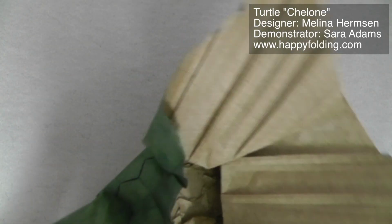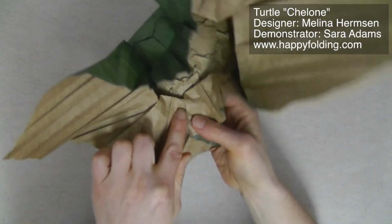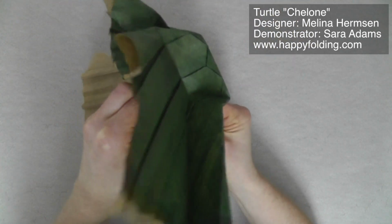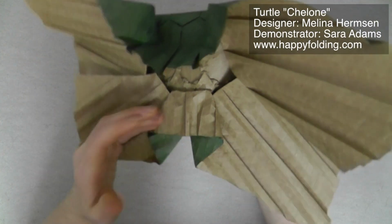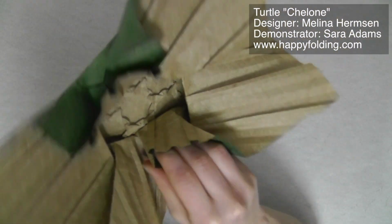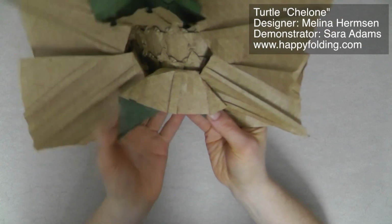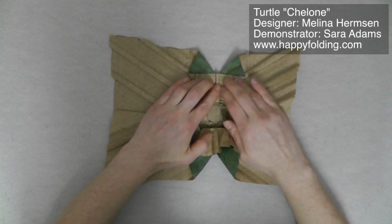So let's see. For example, here you can see we really want to have that push inside like that. And same here, just ensuring that this pleat does not unfold and we make it nice and tight. And then we do the same on this side, just checking that we get that tight collapse, and then we can try and flatten this down as much as possible,